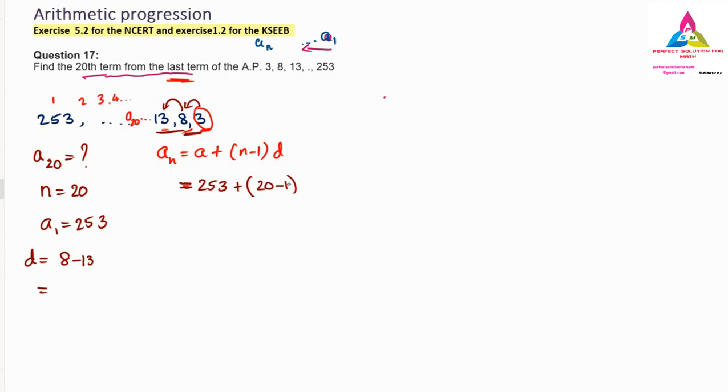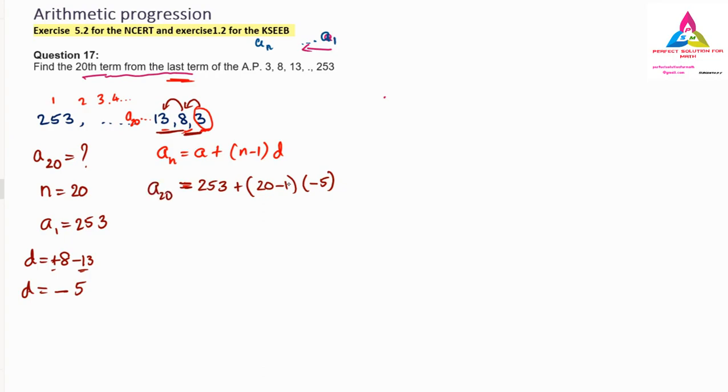The greatest number over here is 13, and 13 has the negative symbol. So negative 13 and positive 8: one is a negative symbol, one is a positive symbol, so we have to subtract. 13 minus 8 is 5. So the d value is minus 5. We have to write down that d value as minus 5. Remember, when you get a negative value, you write it in brackets.